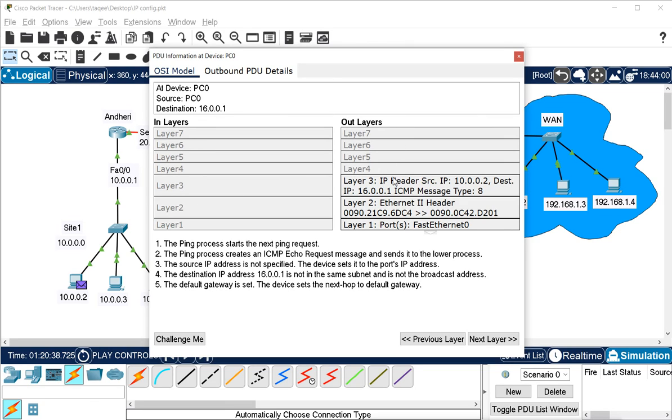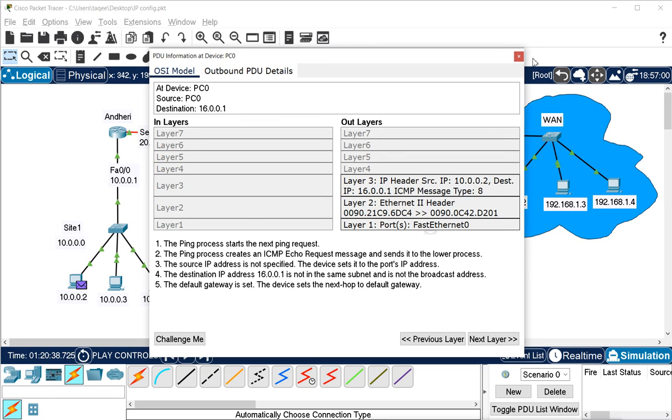Layer 7, 6, 5, 4 information is not there. Layer 3 information is there, like source IP and destination IP. The message type is ICMP, and the Ethernet information is also there. Layer 2 information, source MAC and destination MAC address. Here the source MAC address is this machine's MAC address, and the destination MAC address is of this router's interface.